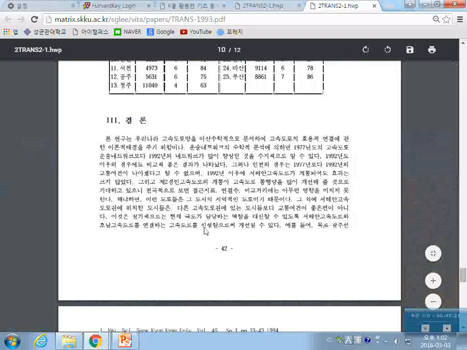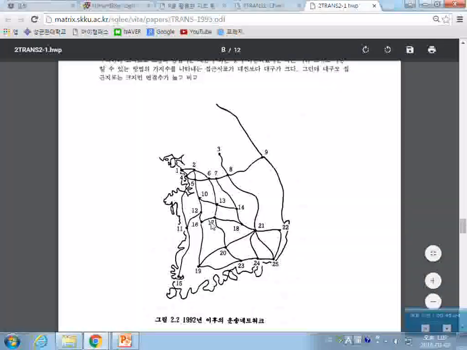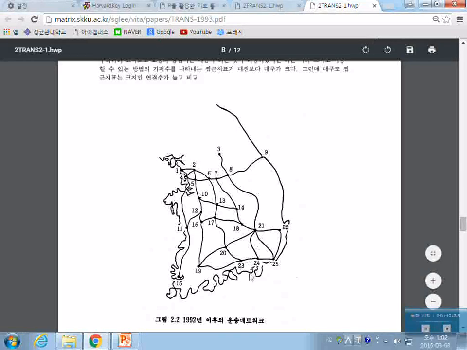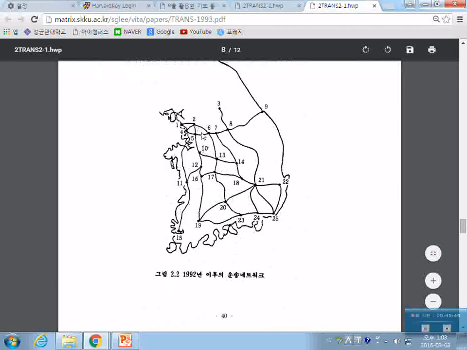Actually, this is a starting point of building up the highway, like this is Gyeokjayang Highway in Korea. And from then, with this mathematical analysis of the 25 by 25 size matrix, they started to build up